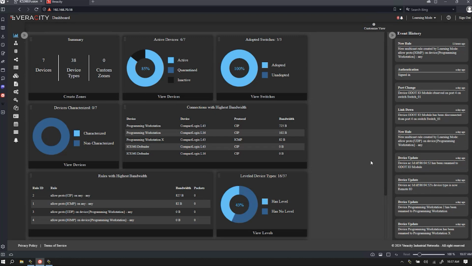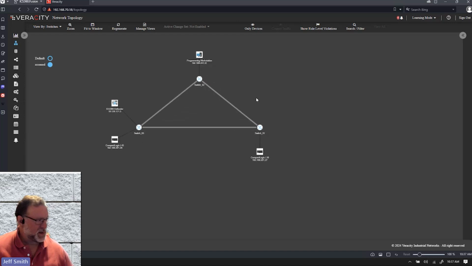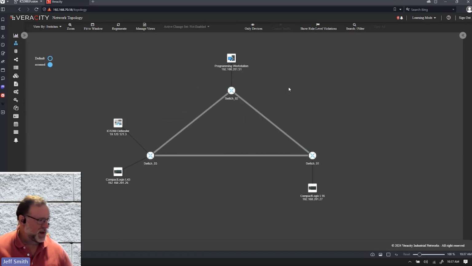So when we look at the controller, there are a number of different options to the left side here. This is a dashboard that lets you configure. And as you look, you can see some interesting statistics like which devices are communicating the most using what protocols. There is the ever popular topology display, and this is a very simple demonstration network for purposes of demo, so it's not particularly detailed.